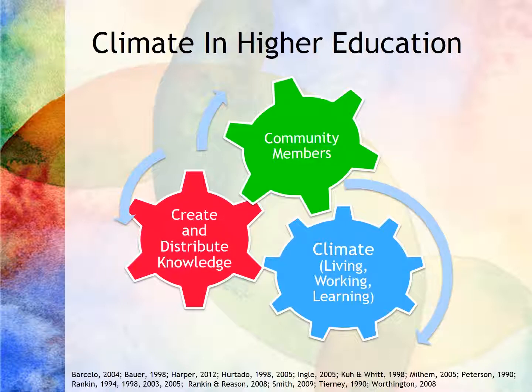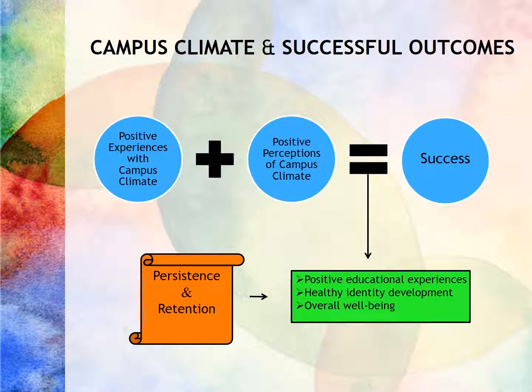So the next slide I call my V8 slide. So you measure campus climate. If you have a positive experience, if you feel it's great for everybody else, then you're successful. And for students, the outcome measures that we measure are: are you learning? Are you doing that in a healthy way? Are you doing 25 Red Bulls to get through the day? And your overall well-being. So are you healthy and moving toward creating a better you by being at the institution? How are we helping to do that? And those things lead to you staying at the institution, which is what administrations really want. They want you to stay. So over the last few years, we go to the next slide, climate matters.